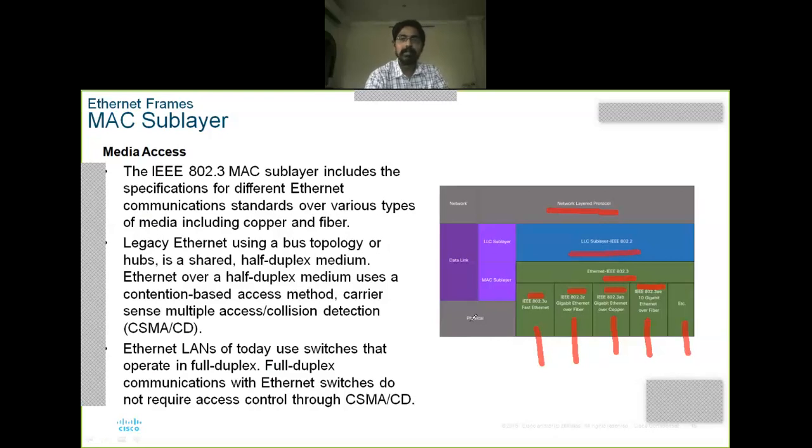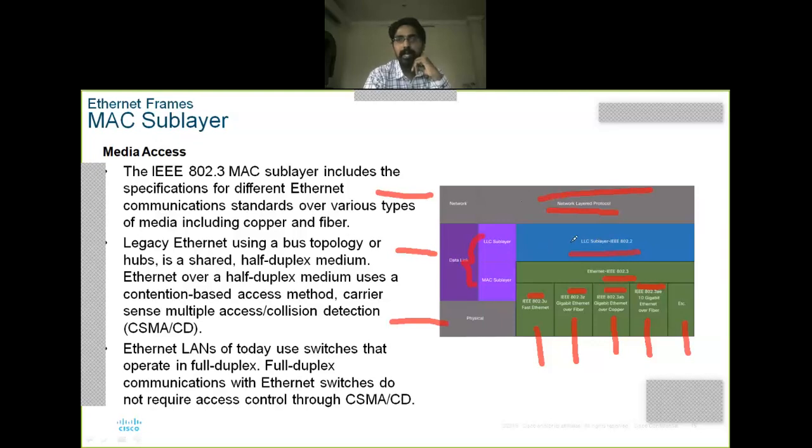So to draw this diagram, the basic structure is simple. First write physical layer 1, and then L2, and then L3. L2 again contains two divisions. The first one is the LLC sublayer, the second one is the MAC sublayer, and then in the network layer we have the network layer protocol.